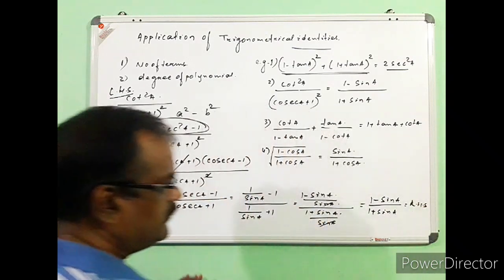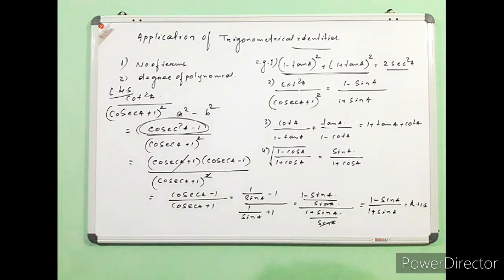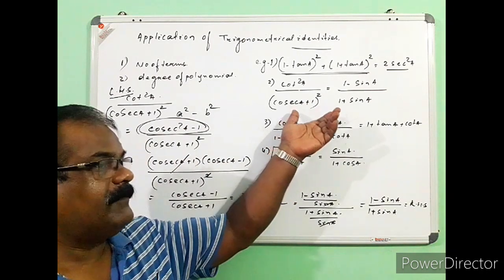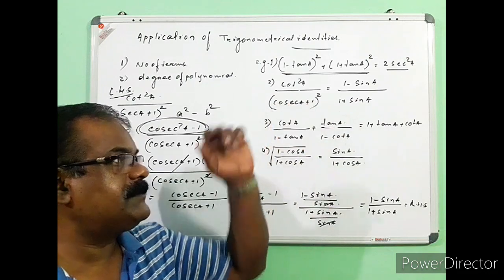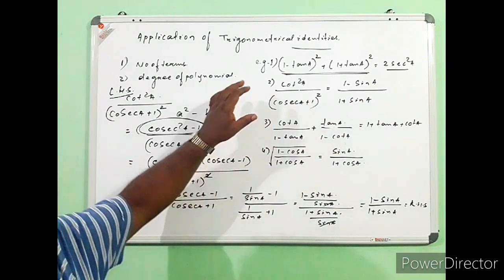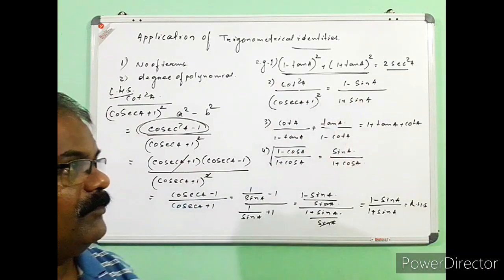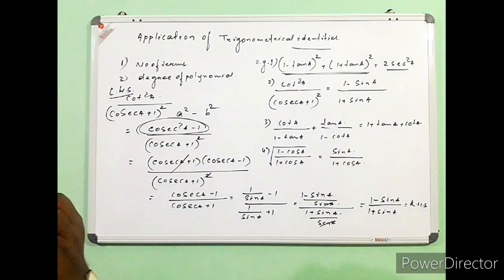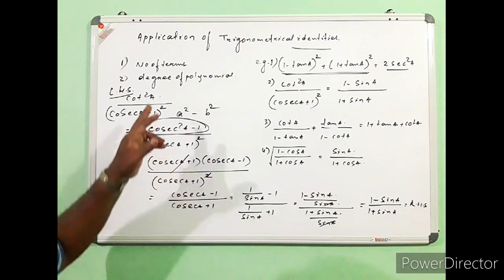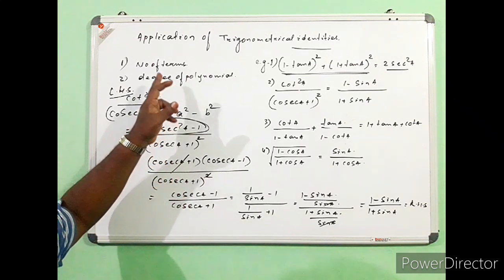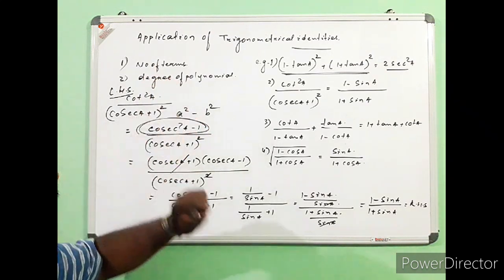So now see here that in both the cases the degree of the polynomial was different, but the number of terms was the same. So remember that it is very easy to go from the higher degree to the lower degree of the polynomial. So this is the second important point that we have to remember: first, number of terms, then degree of polynomials.